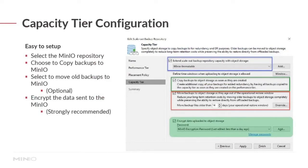And again, we talked about the simplicity and how easy it is to do this. It really is a couple checkboxes, right? First, you would go in and select that you want to take advantage of this capacity tier. Click the add button, configure, give it the MinIO address and the credentials, that's it. And then as I mentioned, we have the copy mode and we have the move mode, and they can be